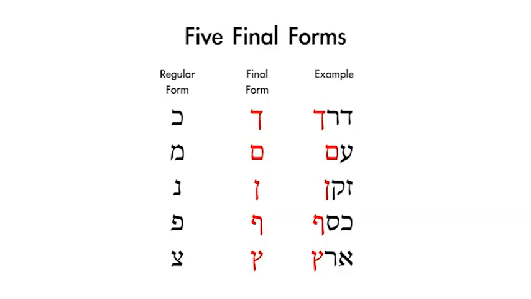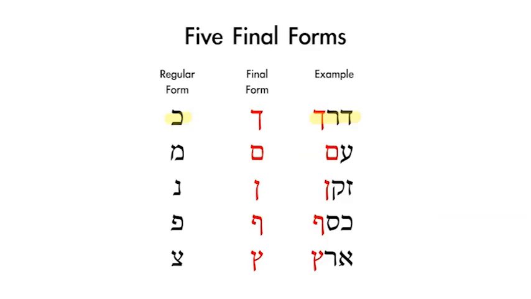In the examples in the right column, you will see the final form of each with other letters. So there is the noun Derek. Because the kaf appears at the end of the word, the final form is used. If it were to appear at the beginning or the middle of the word, it would take the regular form,